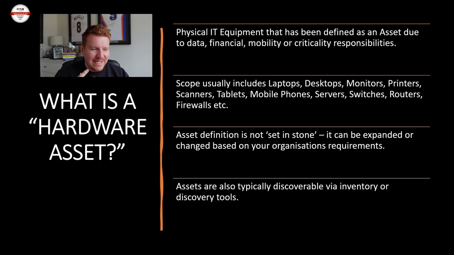What exactly is a hardware asset? So a hardware asset is physical IT equipment that has been defined, going back to that defined word, as being an asset due to data, financial, mobility, or criticality responsibilities. Scope usually would include your laptops, your desktops, monitors, printers, scanners, tablets as well. That's a good one. Mobile phones, server switches, routers, firewalls, basically the core end user based assets and also your